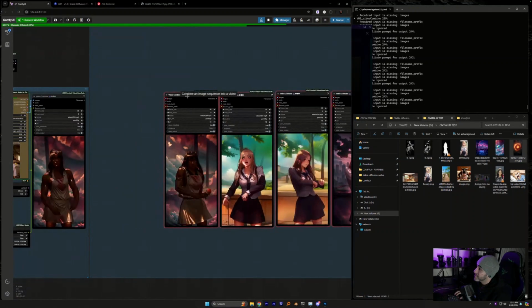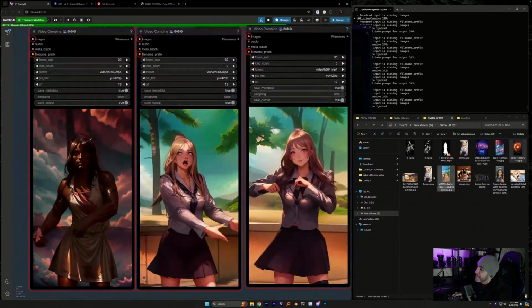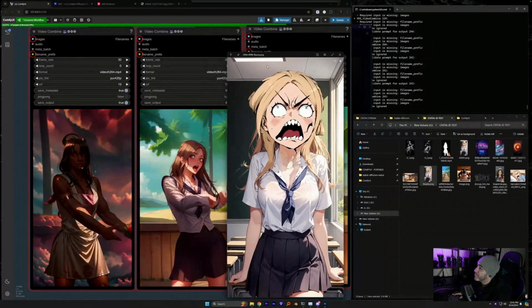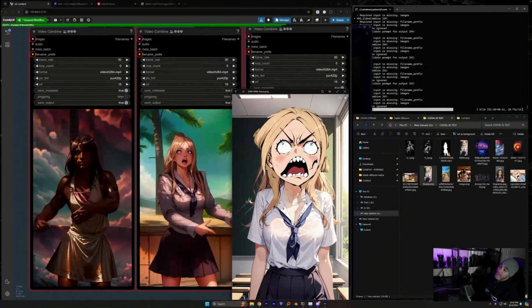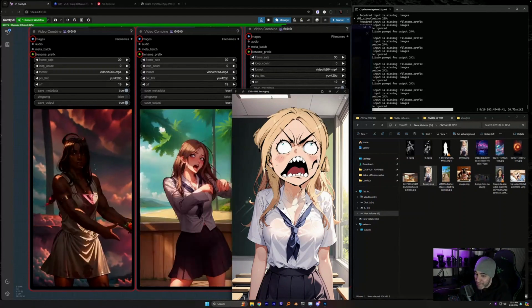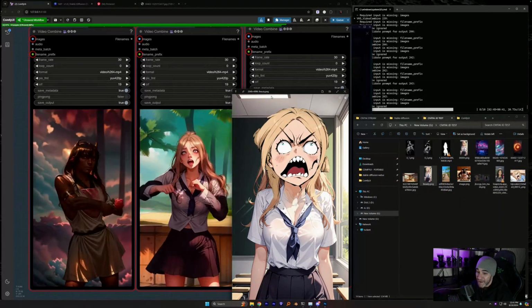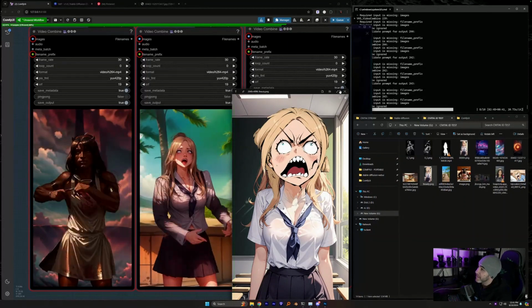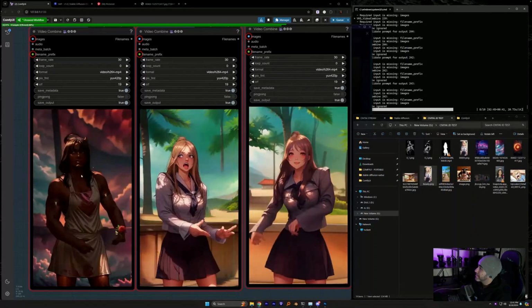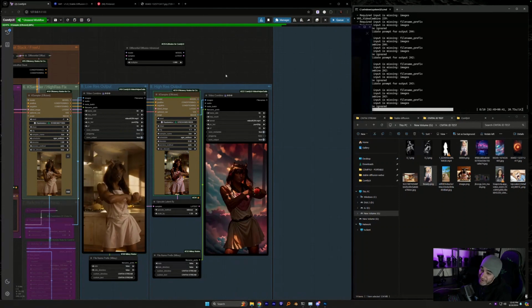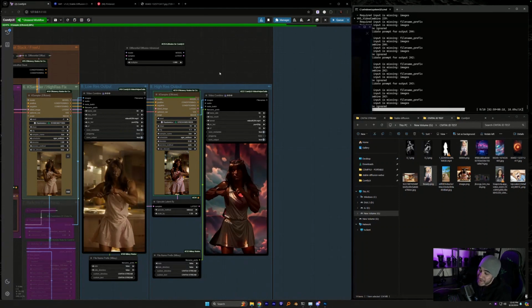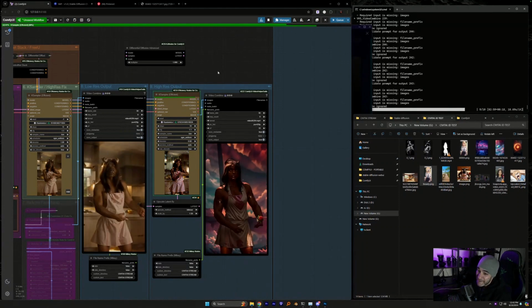Sorry, our little peanut gallery right here. I wonder how that... Oh, do I think differential diffusion made it look better? I don't know. Did it do anything? I guess we'd have to run the same one back to back, but I don't really want to waste time doing it.